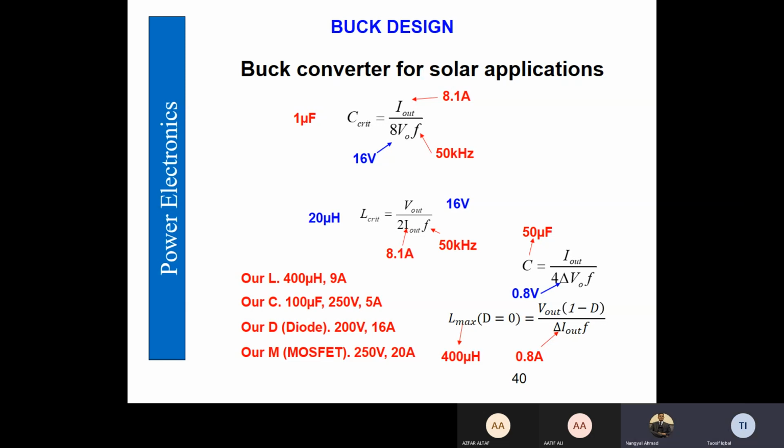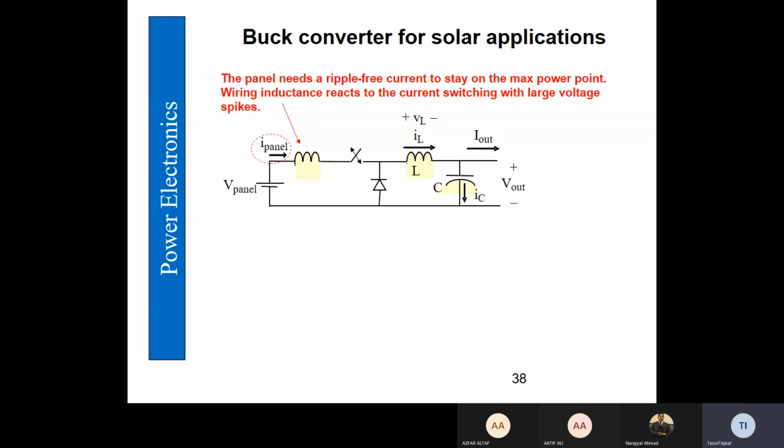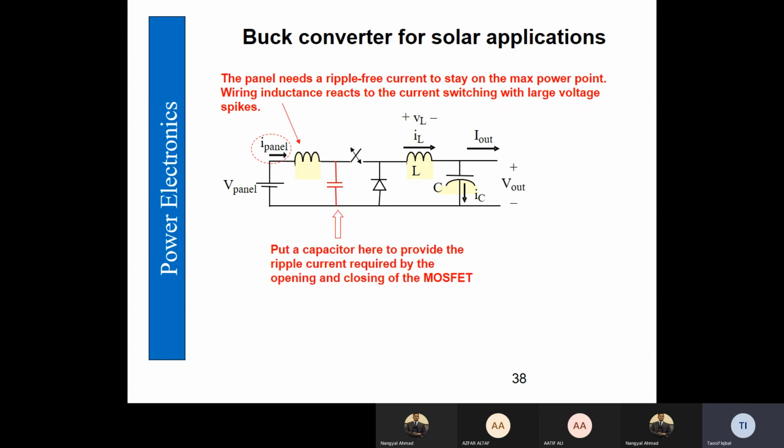So in last class we completed the discussion of buck converter and have seen also its example, how we can use a buck converter in case of maximum power point tracking application. We have also discussed about the harmonics, how to eliminate those harmonics using input filter and output inductor capacitor filter.